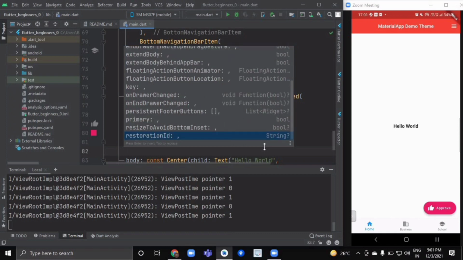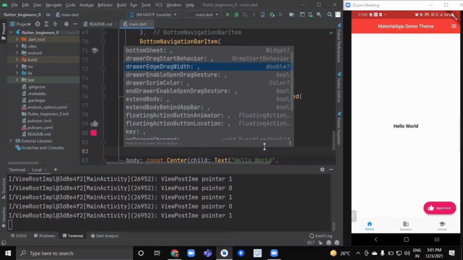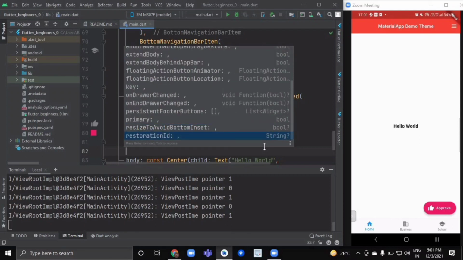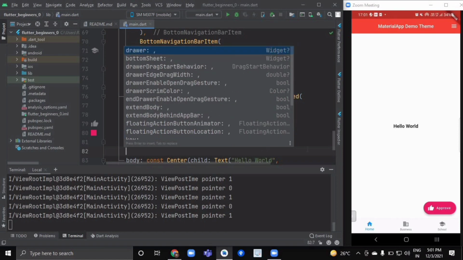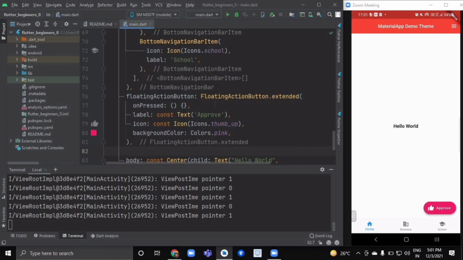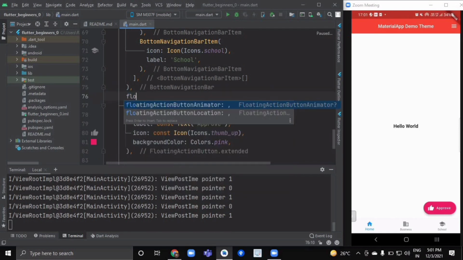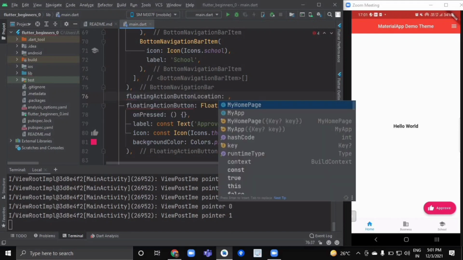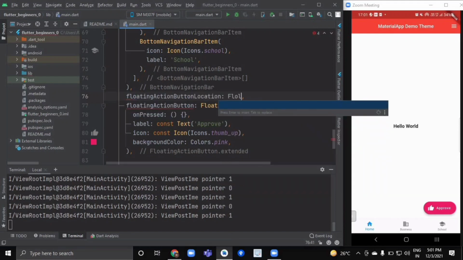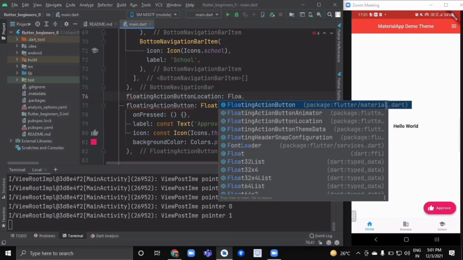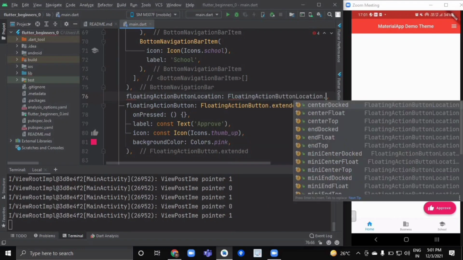Okay, and some of the other important attributes we are going to see in our later videos. But the most important ones I have explained to you in this video. One more thing: if you want to change the location of your floating action button, you can use the floating action button location property. Over here you have to write floating action button location dot, and it will show you at what particular location you want to see your action button.